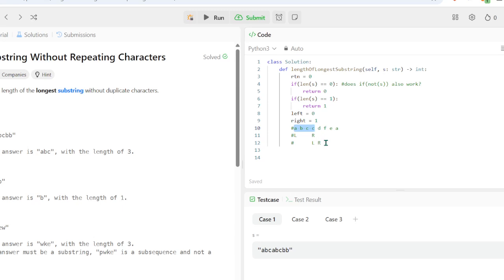I think we can create a set and keep adding characters to the set. And if we visited a character in that set, then we know that we've hit a duplicate. From that point on, we can't start from B because that has a duplicate. We can't start from this one either. So we have to start from the second C. And then wait, let me make sure this is actually visible.